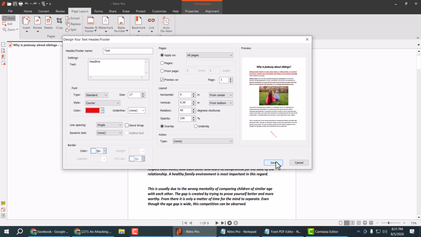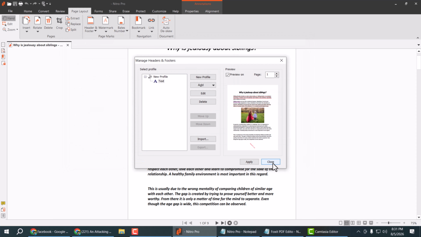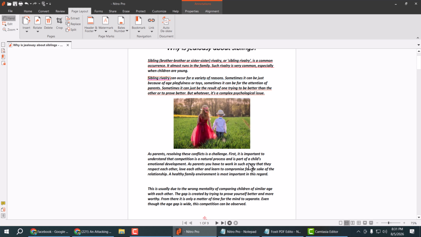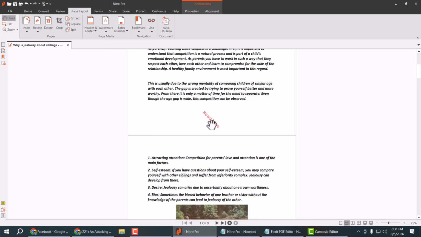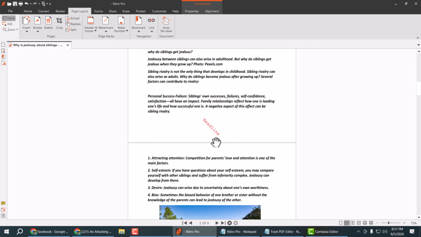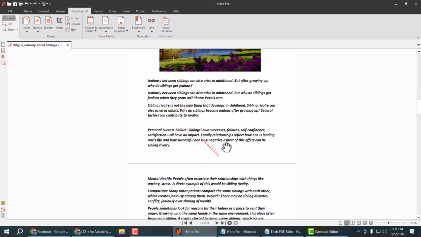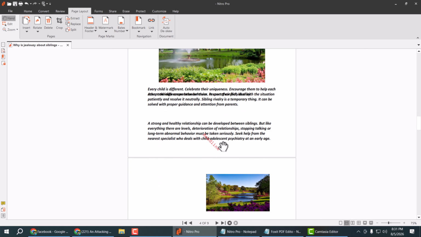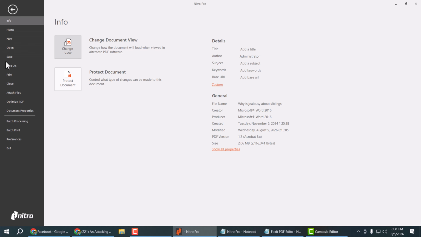Now simply select Save, Apply, and see this header and footer now applied to all of these pages. And finally select this File option, Save or Save As a